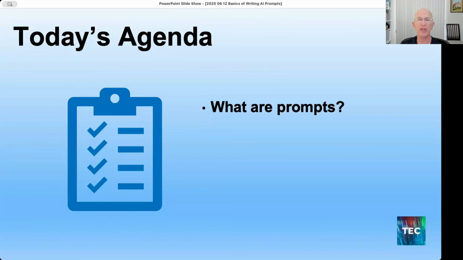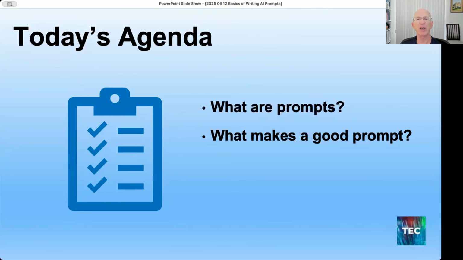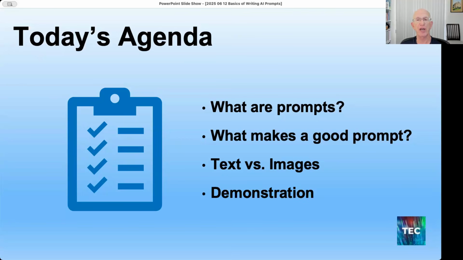Today's agenda is to cover a little bit of basics of what is a prompt, what are they, what makes a good prompt, and I just have some basic steps for that, so I hope it'll be easy for understanding. We'll try using my actual prompts as we go through different things. We'll talk a little bit about text and images because you can use them as prompts,